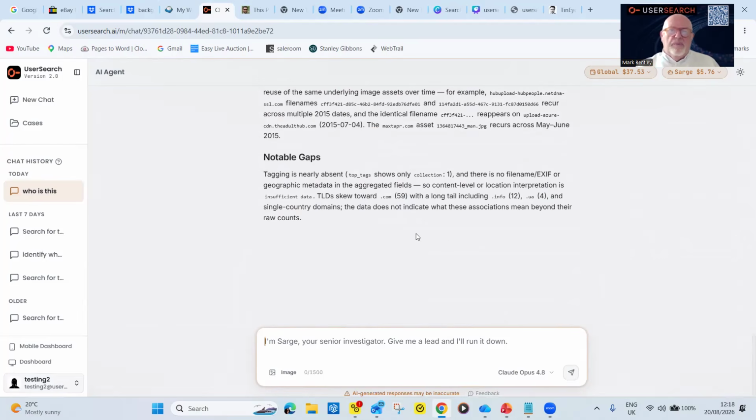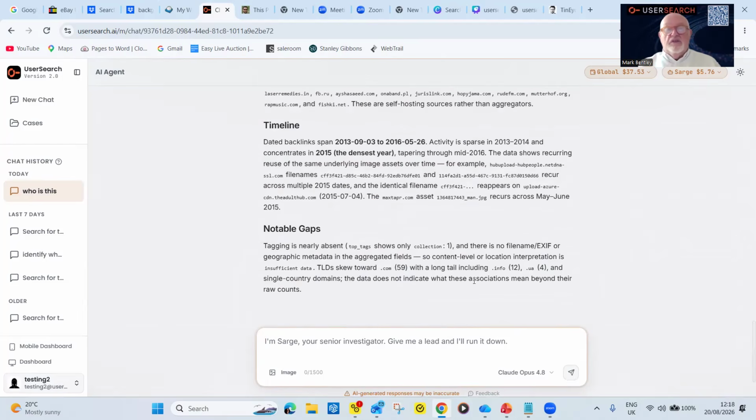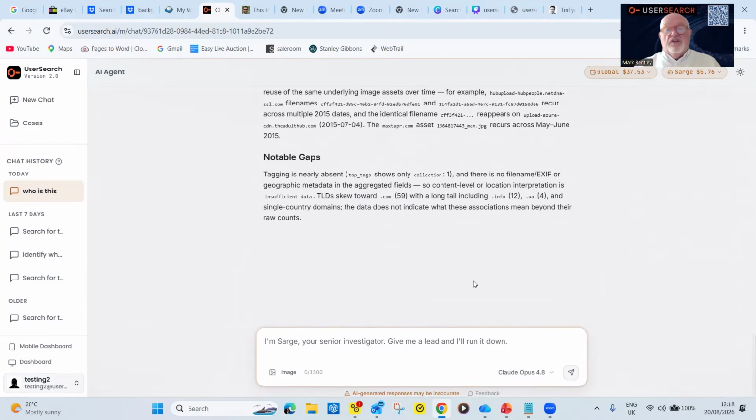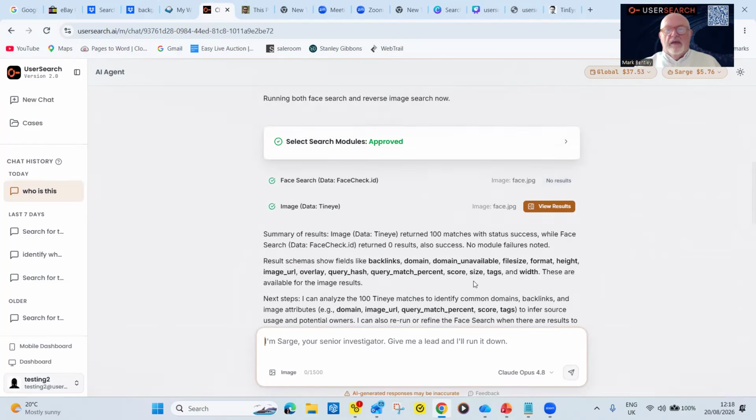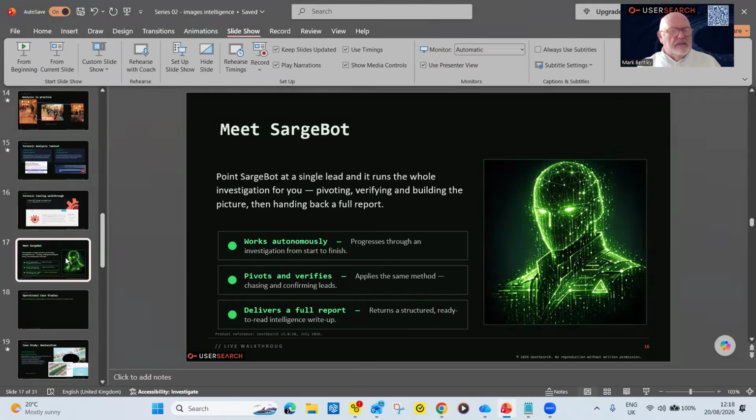I could do that, but we're tight for time here and I'm conscious of that. So you can see here that it will create something very, very comprehensive about these are the things you need to take further. These are the things that you're not to take further. And as you saw, it'll do a report for you as well. So let's get back to the slides.